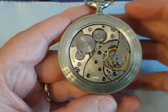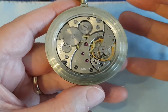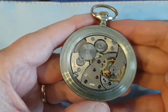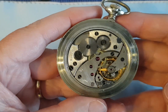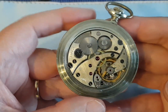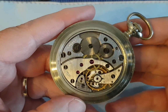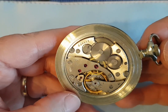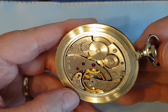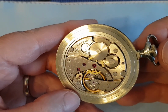For example, it might be 0367, so that watch would have been made in the third quarter of 1967. Apparently they also change their serial numbers every 5 years or so, or reset them. So it's very difficult to exactly date this watch. So if there's anyone out there who's got an idea if that 140065 relates in any way to the date of this watch, of course you could assume maybe that's 1965, but